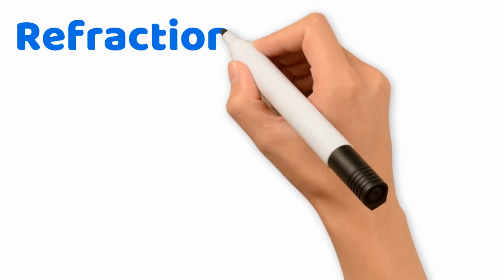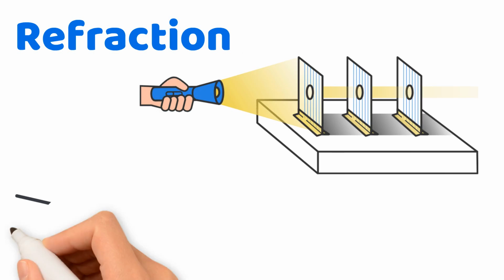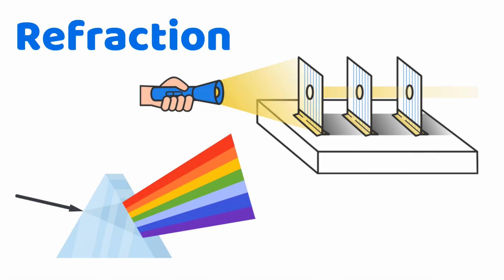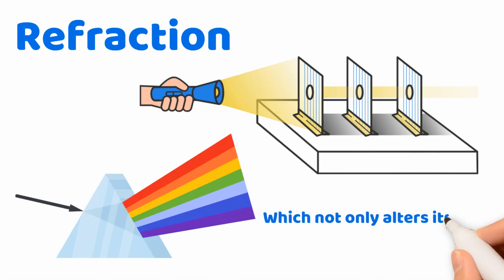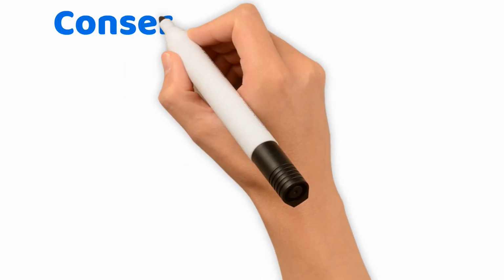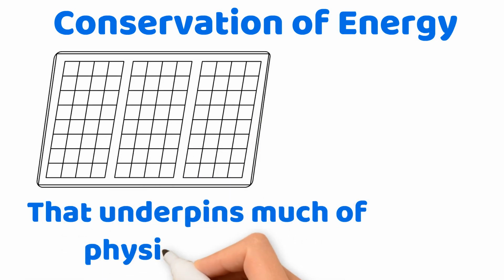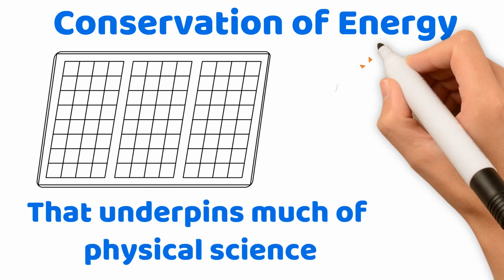Refraction. This is the bending of light as it passes from one medium to another, changing speed and direction. A common example is the bending of light through a prism, which not only alters its path, but also disperses it into a spectrum of colors. Conservation of energy. Energy conservation is a principle that underpins much of physical science, particularly in discussions about renewable and